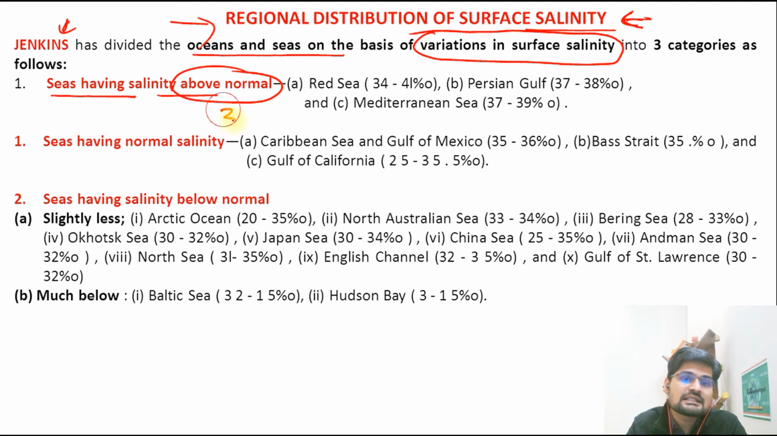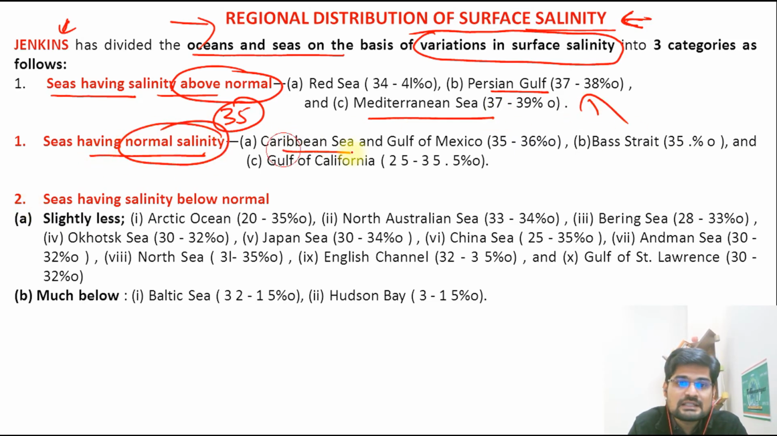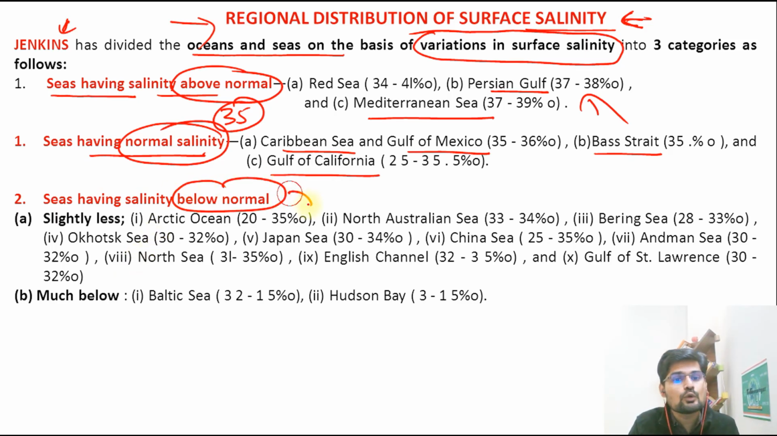Above normal is basically above what? 35, right? So the Red Sea, then the Persian Gulf and the Mediterranean Sea, which are higher than normal. Then seas having normal salinity: the Caribbean Sea, Gulf of Mexico, Bass Strait and Gulf of California. And seas having below normal, that is the lower end. Slightly less are the Arctic Ocean, North Australian Sea, Bering Sea, Okhotsk Sea, then the Japan Sea, China Sea,